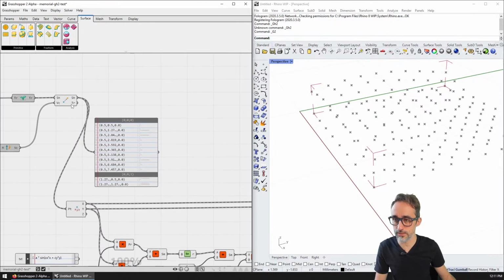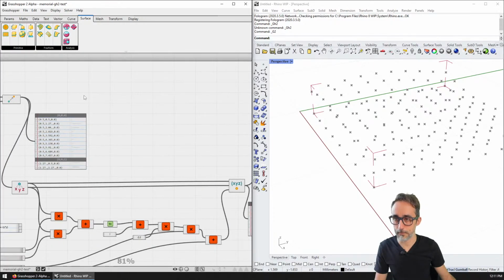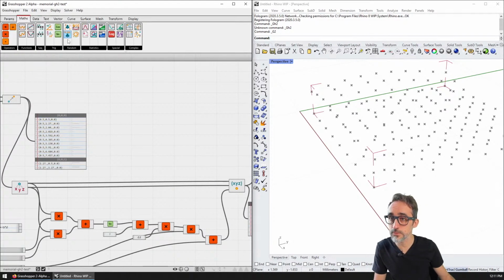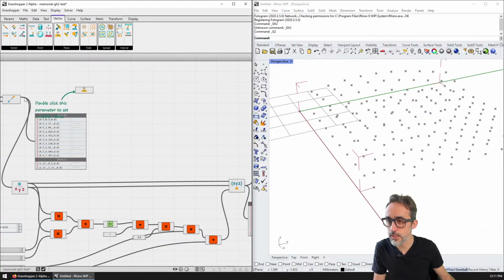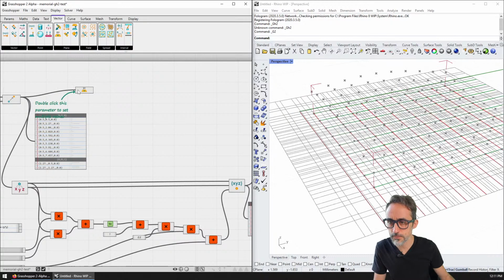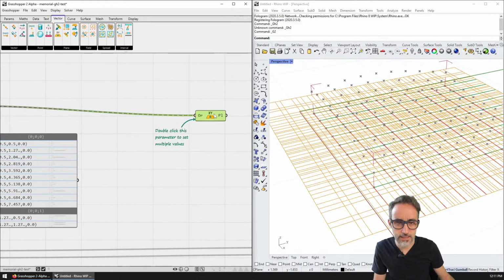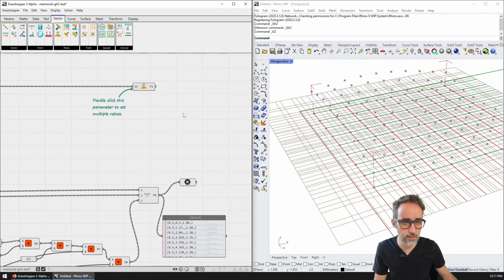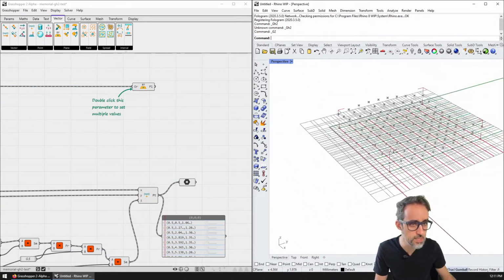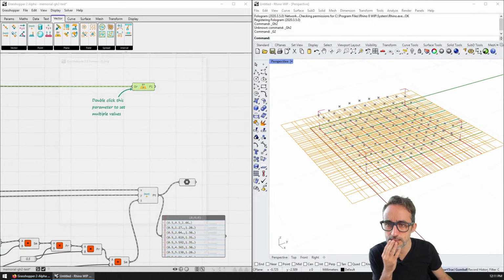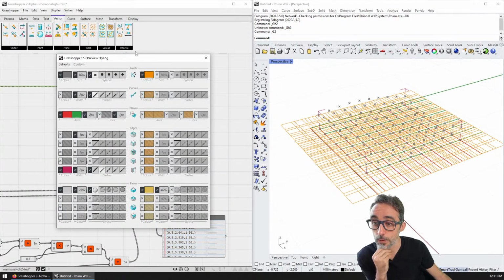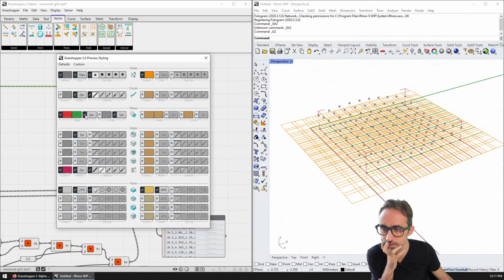So let me create a bunch of planes, XY planes. Where is this? I'm going to create a bunch of XY planes with these centers. Okay, and I can see that the planes are now gray and they're very big. I wonder if in the preview settings, oh, all right. So in the preview settings, I have